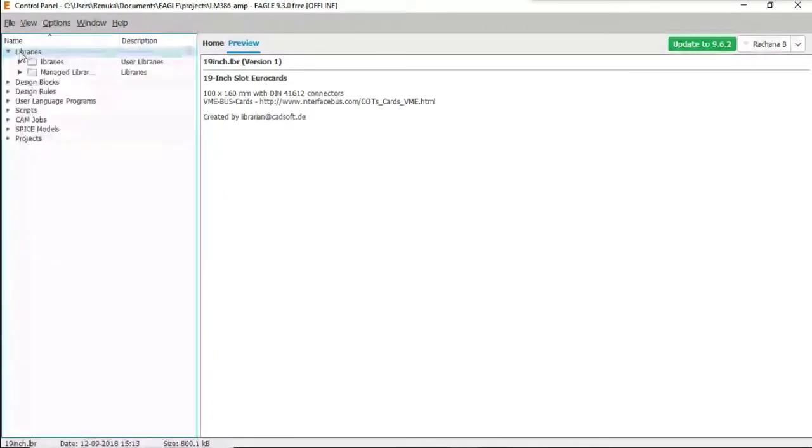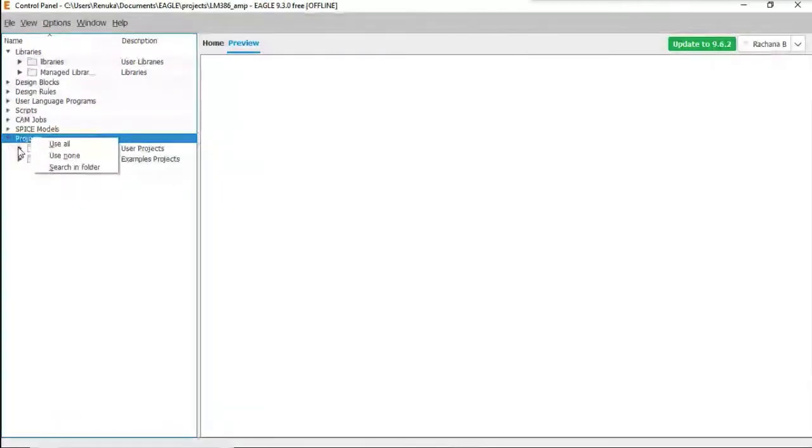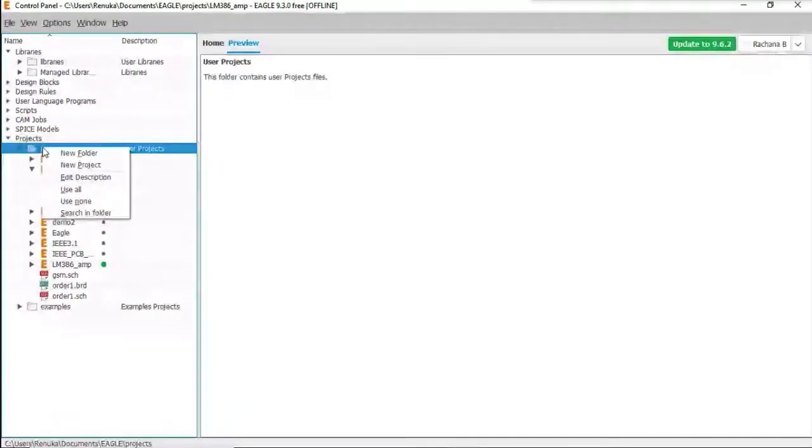Then next I have explained all this. Next is project. Project contains all your files: your schematic, your library, special library files, and your board files. So I request each one of you to concentrate now. I'll explain how to create your first project. Click on the option called project. There is an option called new project.